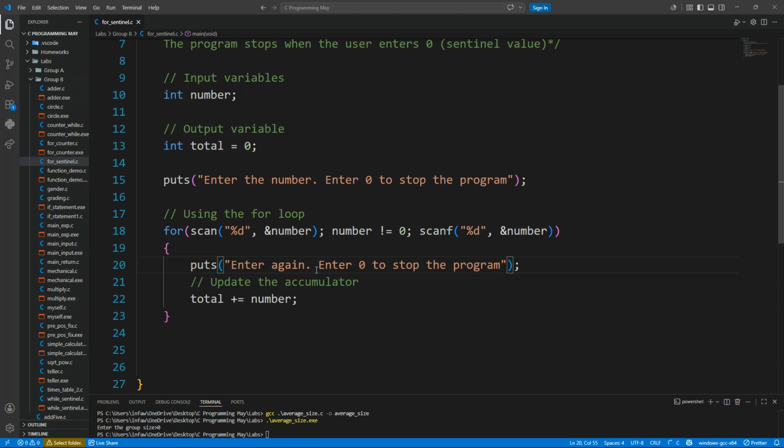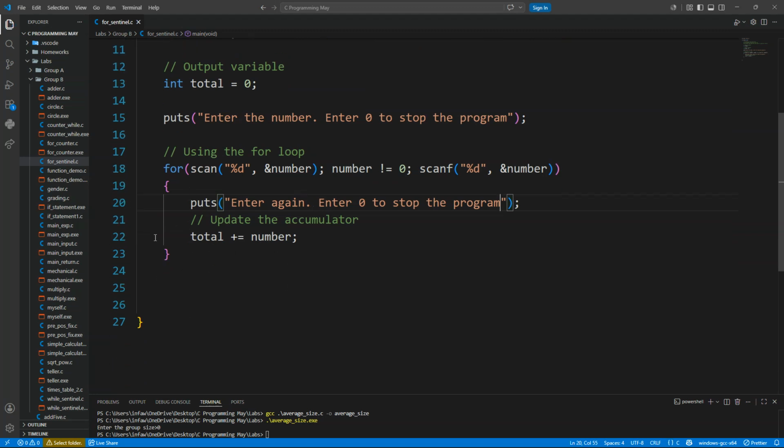Once I finish, I can come here. I don't want to print the total inside the loop. That is why I spoke about loop design: you need to know where you are outputting your result. If I output over here, the print is going to run on each loop, and I don't want that. I want to collect all my data first. Once I'm done accumulating the data in the total, I can come out and do my printf by saying